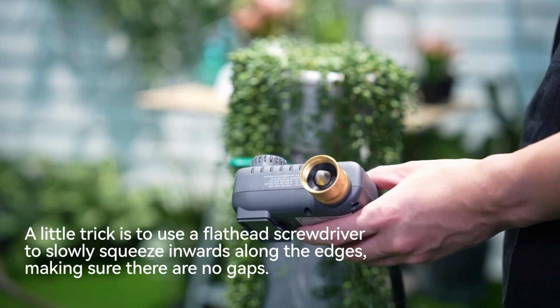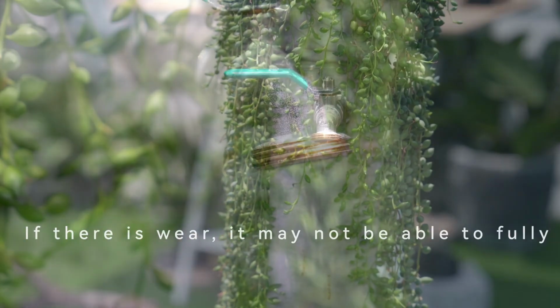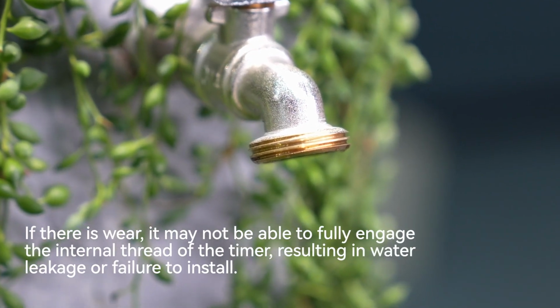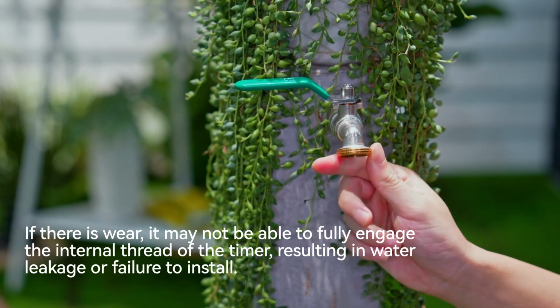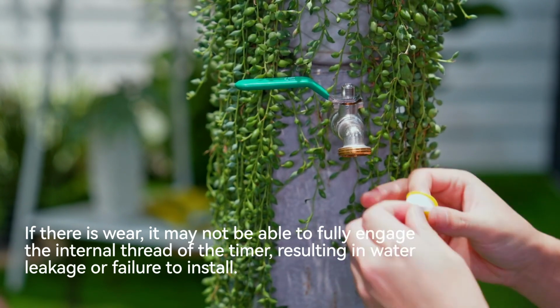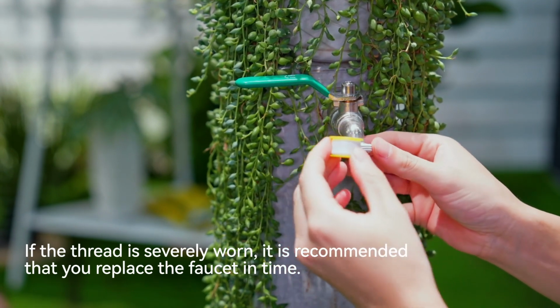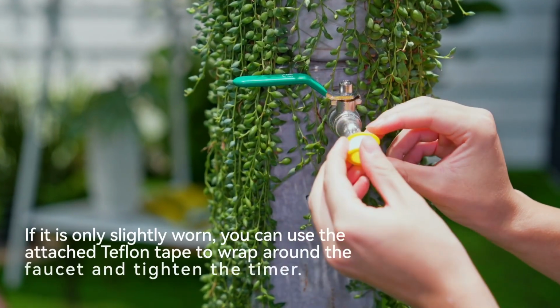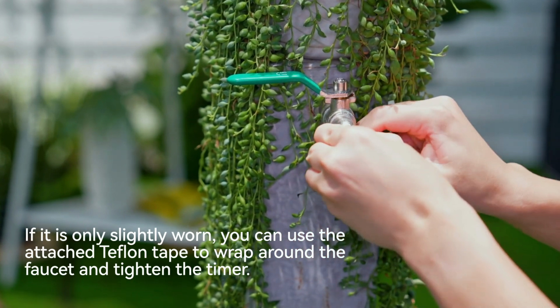no gaps. Next, we need to check whether the thread of the faucet is worn. If there is wear, it may not be able to fully engage the internal thread of the timer, resulting in water leakage or failure to install. If the thread is severely worn, it is recommended that you replace the faucet in time. If it is only slightly worn, you can use the attached Teflon tape to wrap around the faucet and tighten